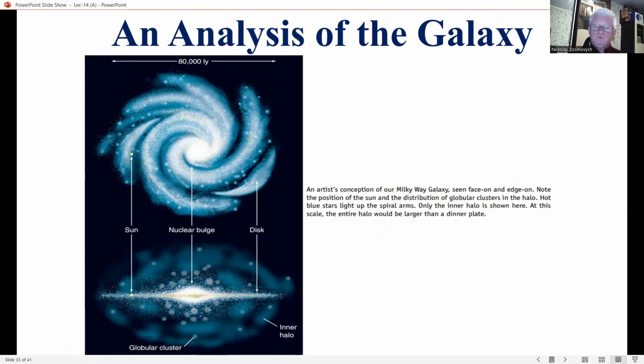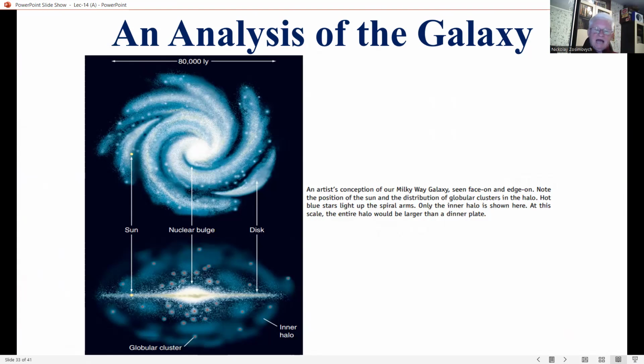Gas and dust block the view in the plane of the galaxy, and so you cannot see the center or the edge. The best studies suggest the sun is about 8 kiloparsec from the center, where 1 kiloparsec is equal to 1,000 parsec. This seems to be about 2/3 of the way from the center to the edge. So, the diameter of our galaxy appears to be about 25 kiloparsec, which is about 80,000 light years.